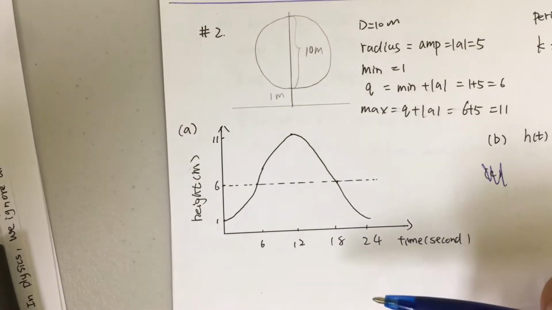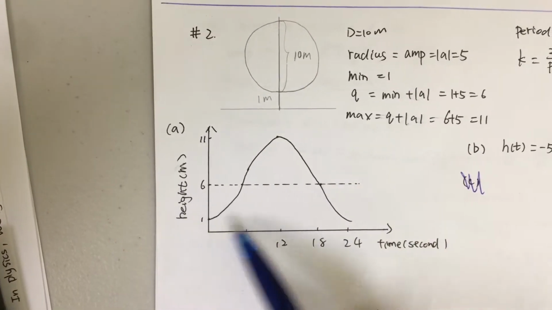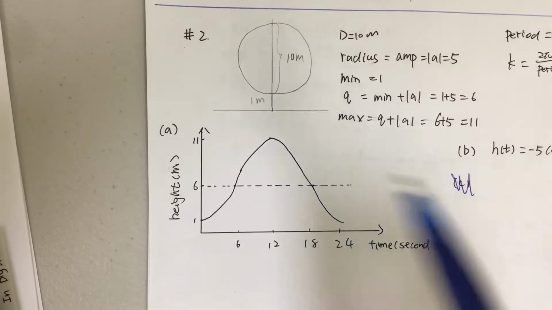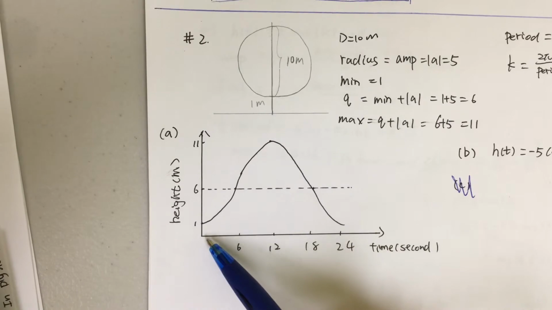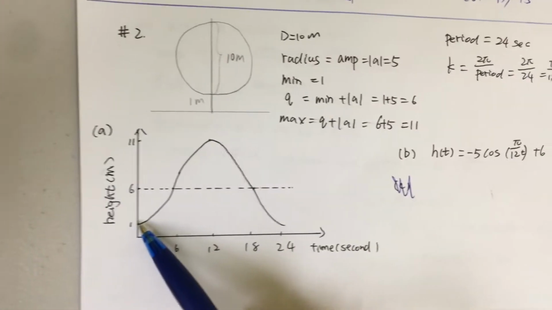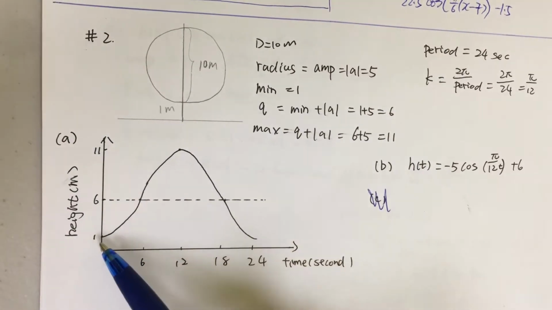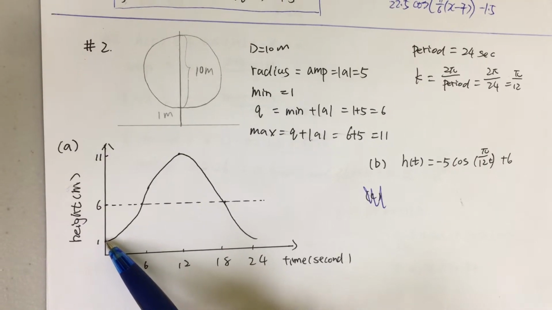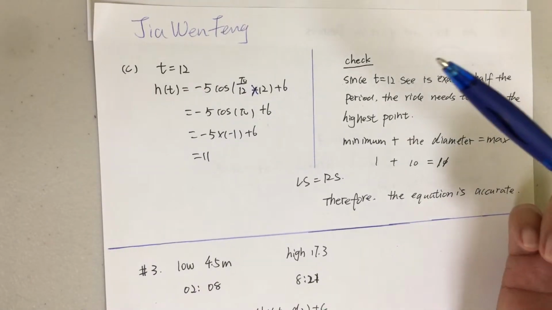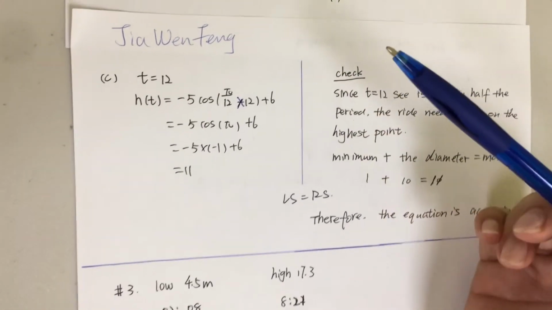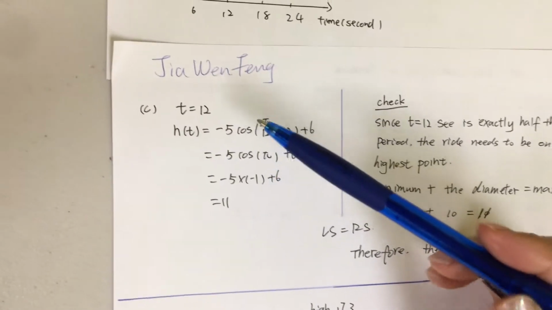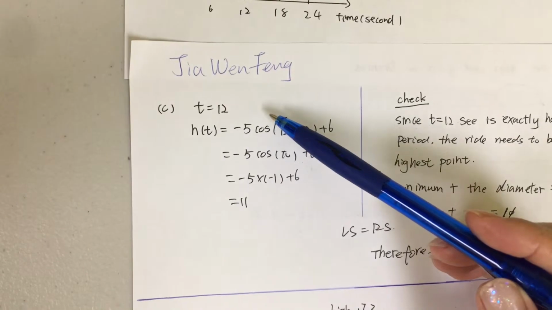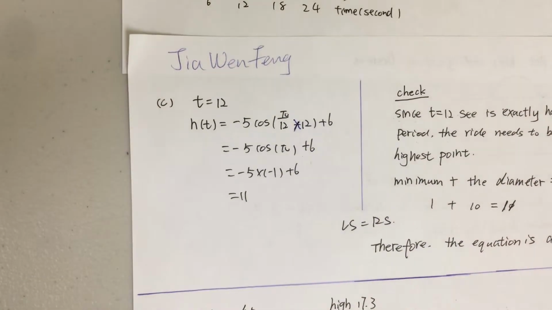Here, because we only make one rotation, I only plot one cycle. It starts from the minimum 1 at t equals 0. Very similar to question 1, because the first point, which is the closest to the y-axis, is the minimum. Question 2c talks about verifying